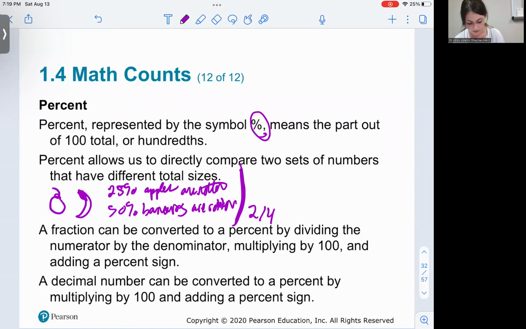Let's say 25% of the apples are rotten. Oh, how many apples do you have? Well, I have 4 apples. So just one of them is rotten. So that makes a big difference. Whereas,